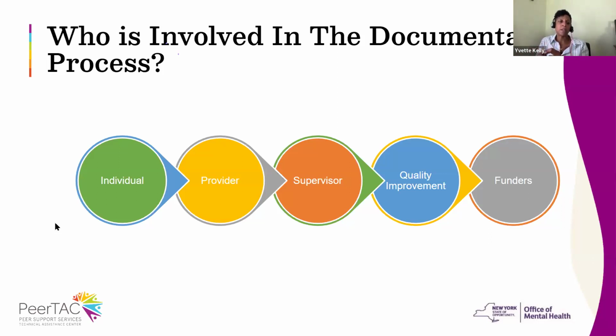So the responsibility of authoring that in collaboration with the individual is the provider. The provider has a supervisor whose job is to oversee the work done by the provider, and thus they have a role in sometimes reviewing documentation, revising documentation, and all of that. And then overall, the agency has a responsibility for making sure